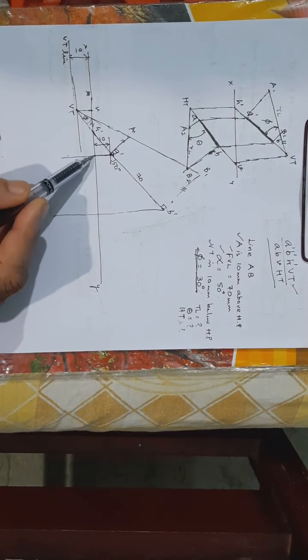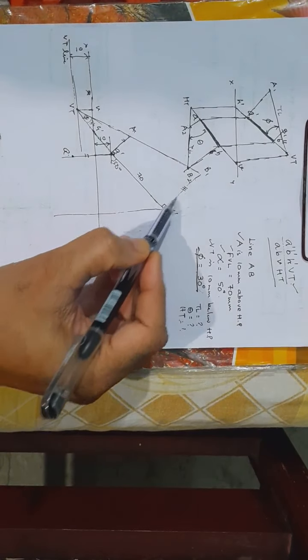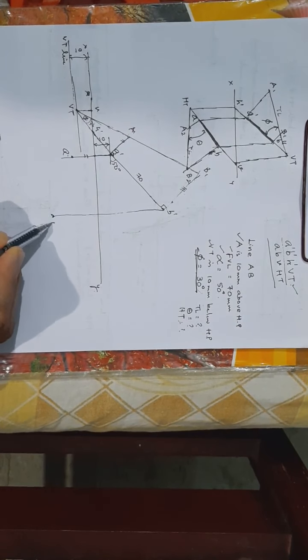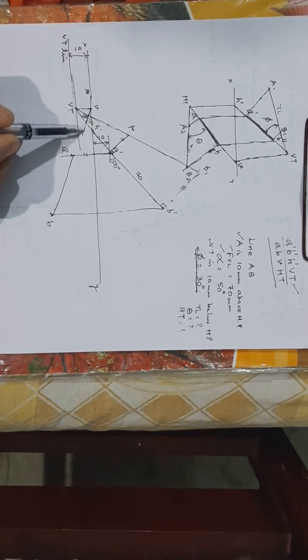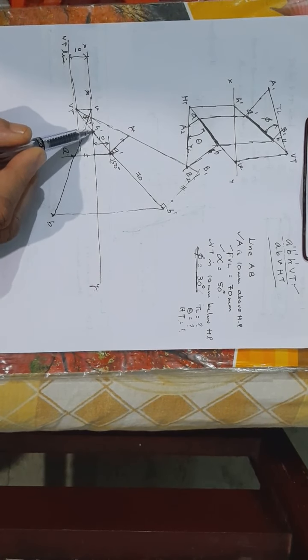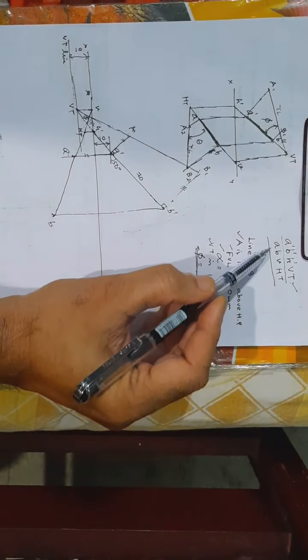You can take this distance, and from here you can mark the distance, and then you get what? A. Similarly, this distance you can take with your divider and mark here. You get your what? B. Join A and B to get your top view. And if you can see that this will be, when extended, will be meeting this V, because that is how it should be. A, B, V. And HT also you can find out. How do you find out HT? This is your H dash. That means you can draw a perpendicular to the other view, that is your HT. Okay, so all this A, B, V, HT will be coming on the same straight line.